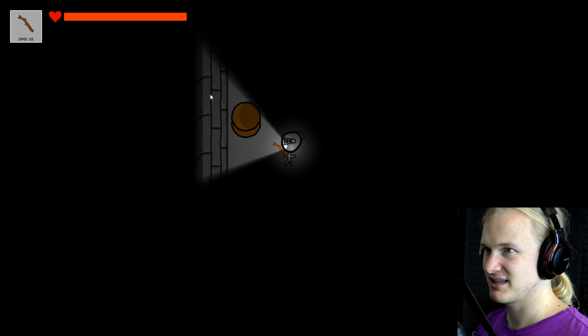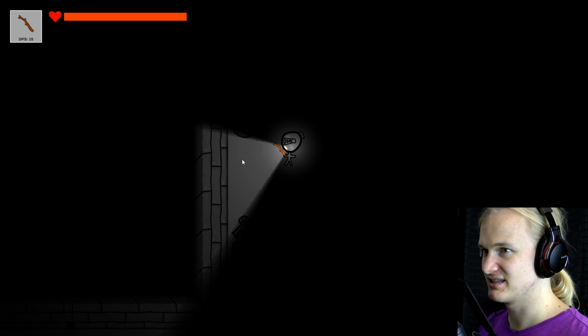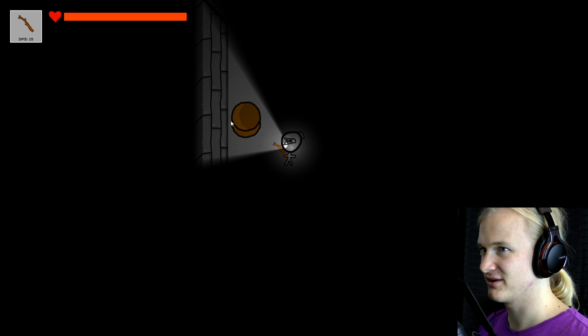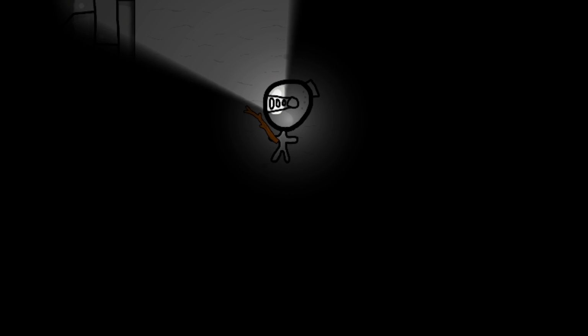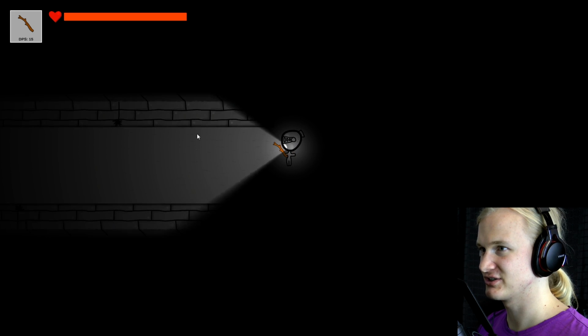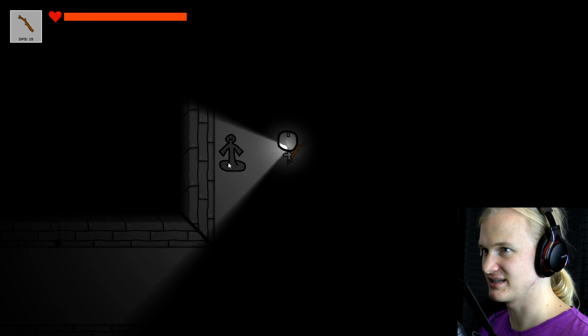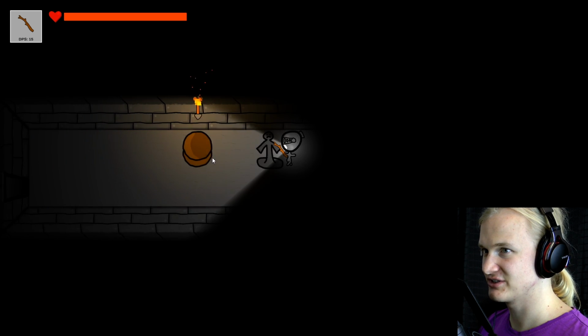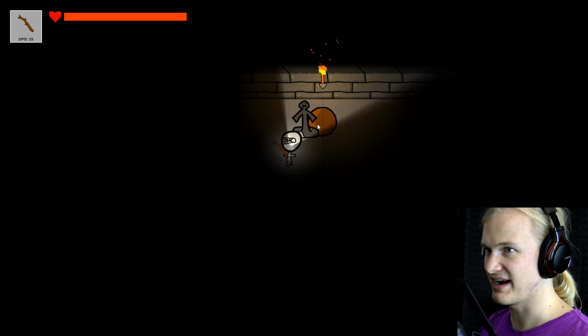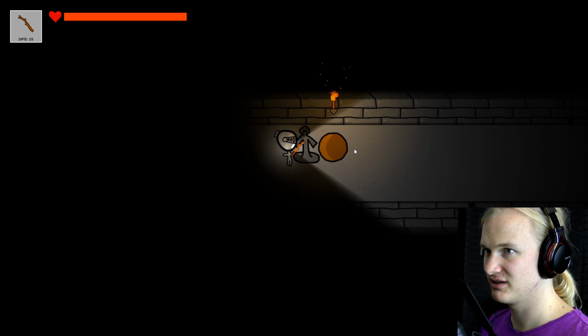For a game like this, like for a castle context, these dotted lines and whatever probably don't make a lot of sense, but you could still do something like a rune on the wall and then have the same rune on the figure, just to make sure that there's some sort of connection, that you can make some sort of assumption of what you have to do. I'm sure most people will probably figure this out eventually, but it just feels more fair and more fun if you give little clues like that.